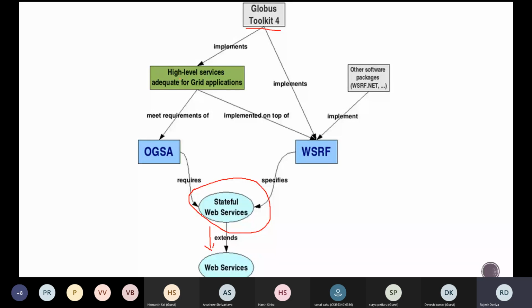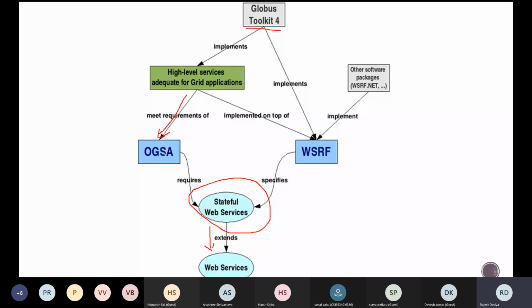the specific thing regarding those applications is that they must meet the requirements of the Open Grid Services Architecture, right? All those applications are developed in such a way that they fulfill the basic things of OGSA. And what are the basic things of OGSA?